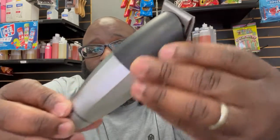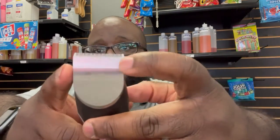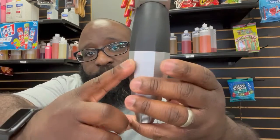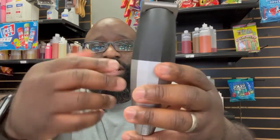So let's talk about this trimmer. Like I said, people have been asking me to try out this trimmer for a long time. As you can see, square blade. I'm not really a fan of the square blade, but I got the job done. This is the machine, and this was the big headache when JRL first released the 2020Cs and 20Ts, because